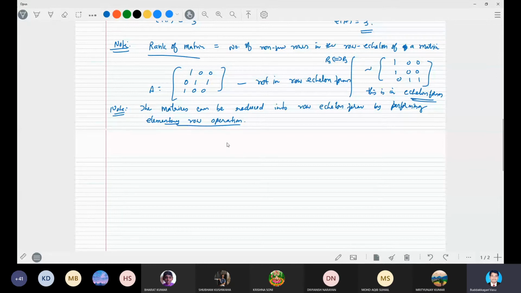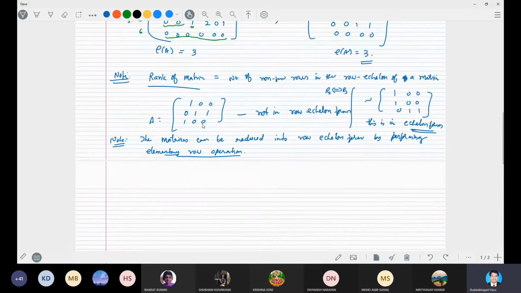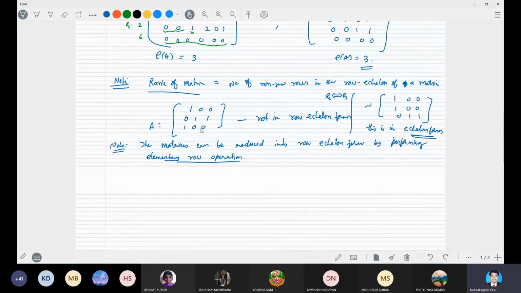Those are having higher order. Suppose it is of 3 by 3 order, then we can easily find its minors and determinants. But if the matrices are having higher orders, then it is not possible to find the highest order minors, that means determinants. In such a case, this row echelon form works. The row echelon form can also be performed by computers very easily.